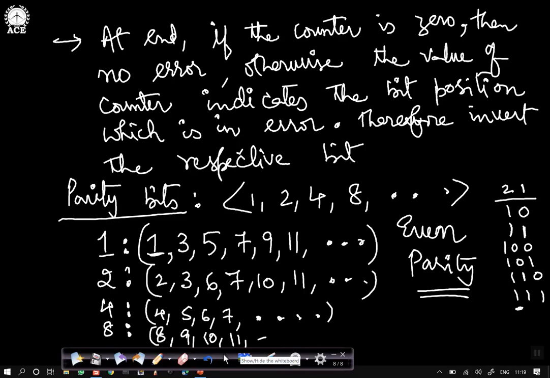Okay, let's take an example now to understand how Hamming method is used for one bit error correction.